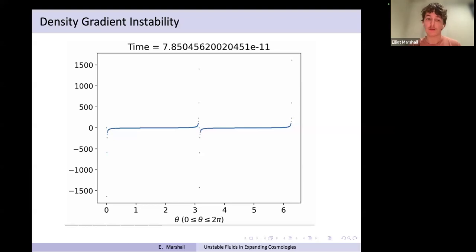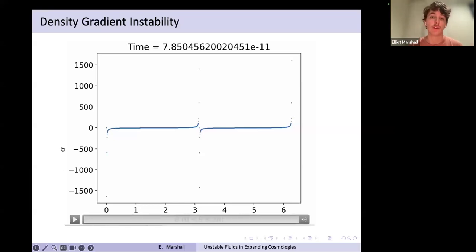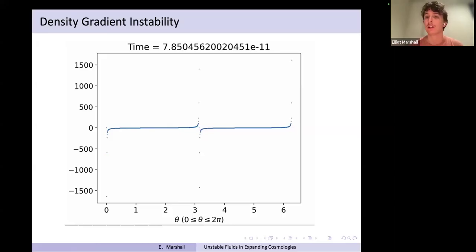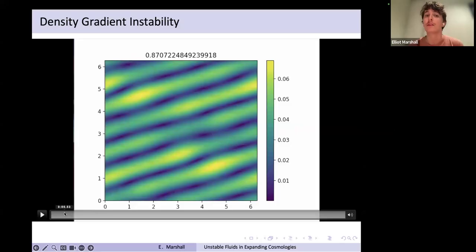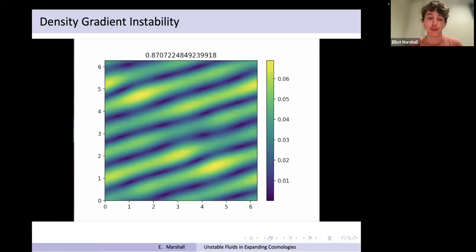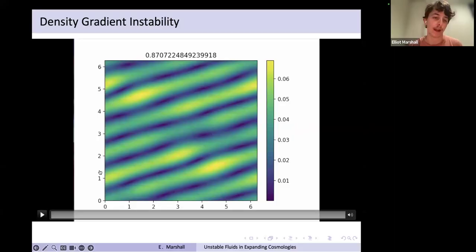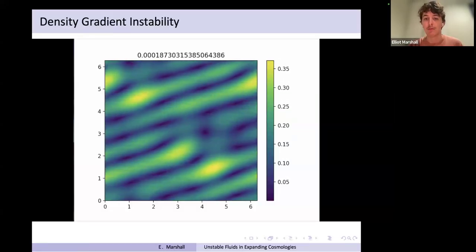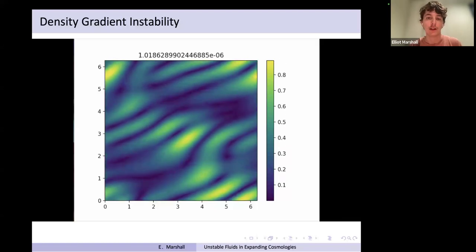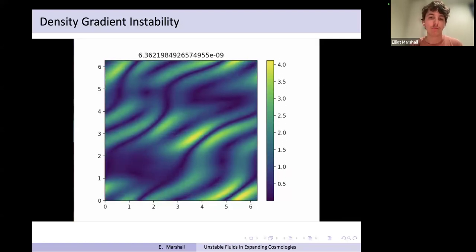In particular, this is almost exactly what Rendall conjectured. He conjectured you'd get these spike-like features and you'd get this blow up of the density gradient. So numerically at least, it appears that Rendall's conjecture is more or less spot on. And just out of interest, on the next slide, I have a little animation which shows this instability in 2 dimensions. This is just looking at a fluid on a fixed de Sitter background, but now in 2 dimensions, and we're looking at the norm of the density gradient. What you can see is that the same instability happens, but now we can form these cool inhomogeneous structures.